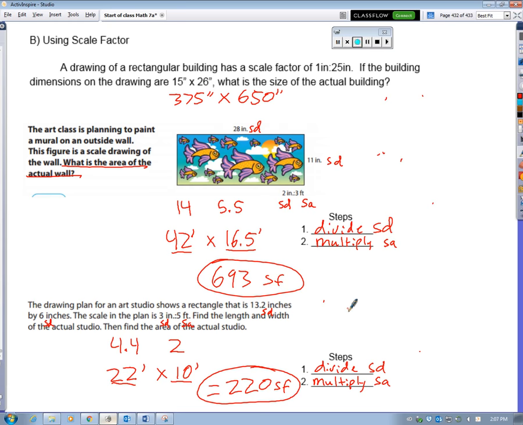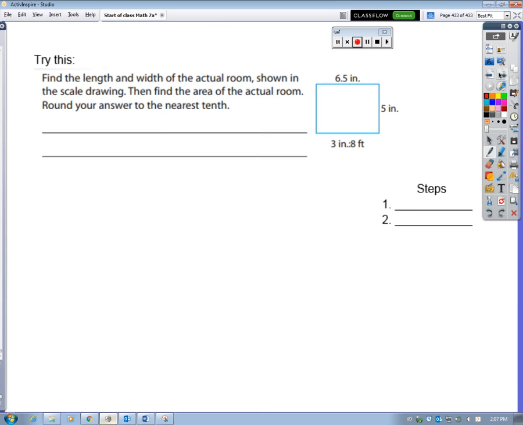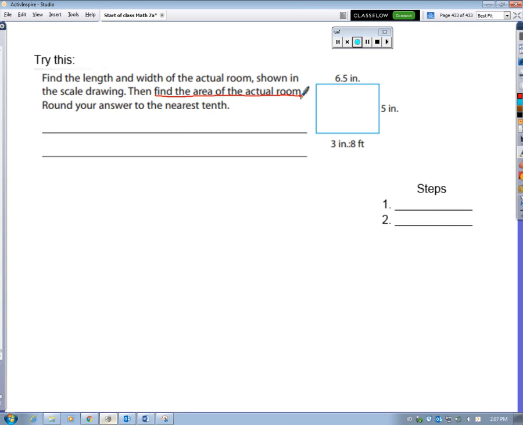Alright, let's see how you guys do on solving one on your own. Okay, take a look at this. I got a try this problem for you. See if you can go through those same steps we did and come up with finding the area of the actual room. Alright, then hit play and we'll see how you guys